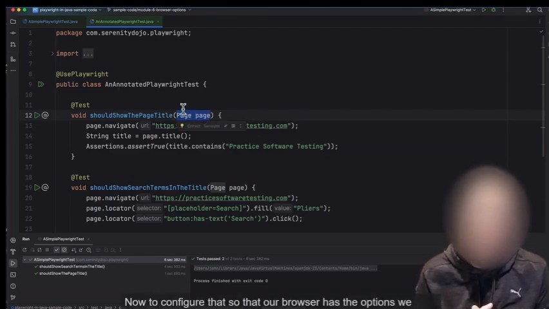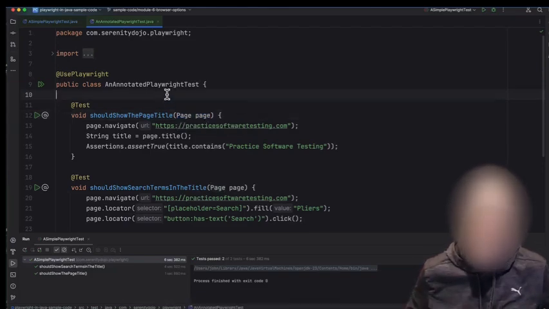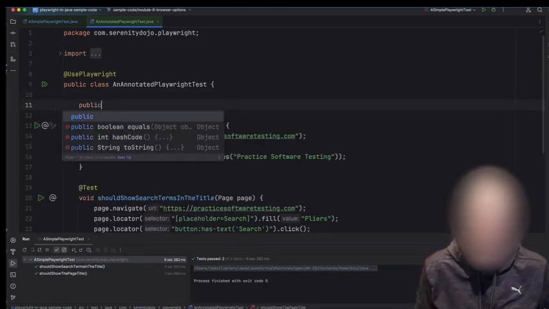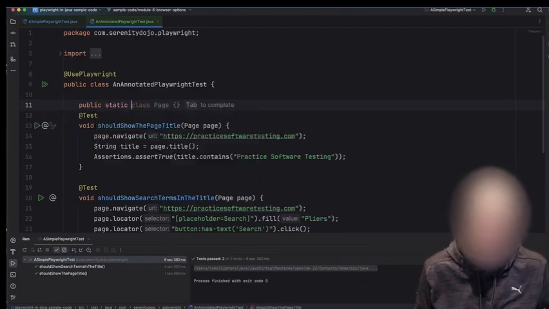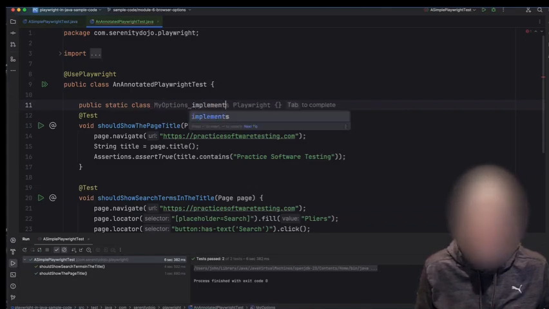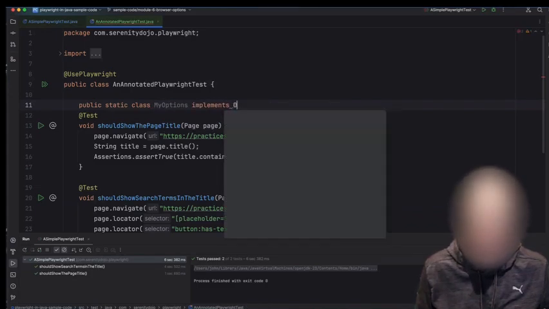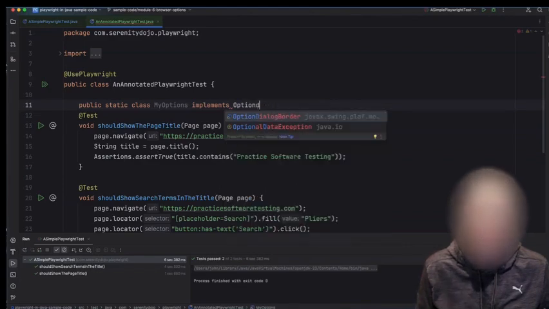Now to configure that so that our browser has the options we want, we need to do something a little bit more complicated. We need to create our own class called an options class. And we do this by implementing the OptionsFactory class. So I can say public static class MyOptions implements OptionsFactory